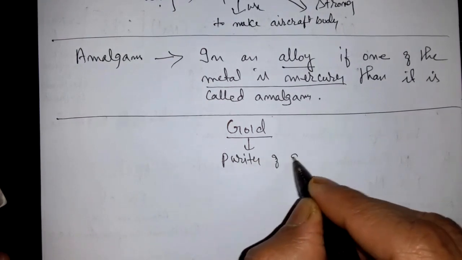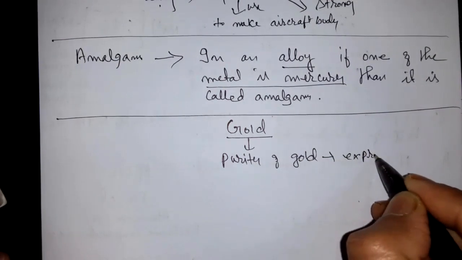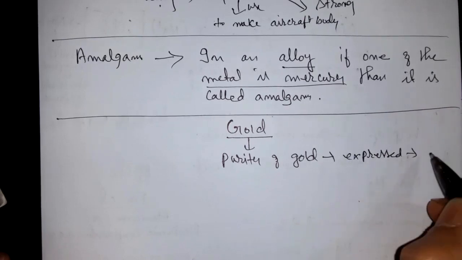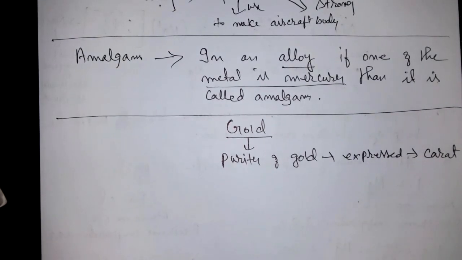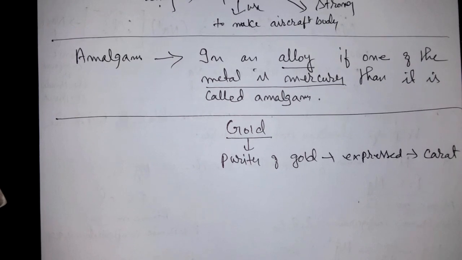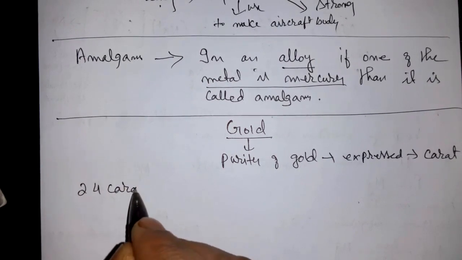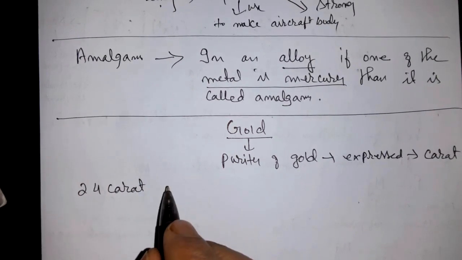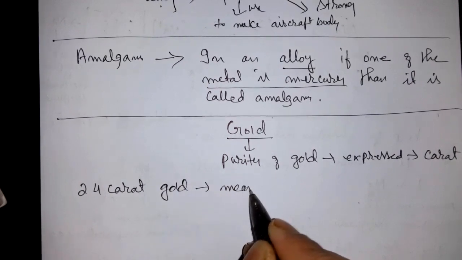Purity of gold is expressed in carat. So when we say your gold is 24 carat, it means your gold is 100% pure. So 24 carat gold means